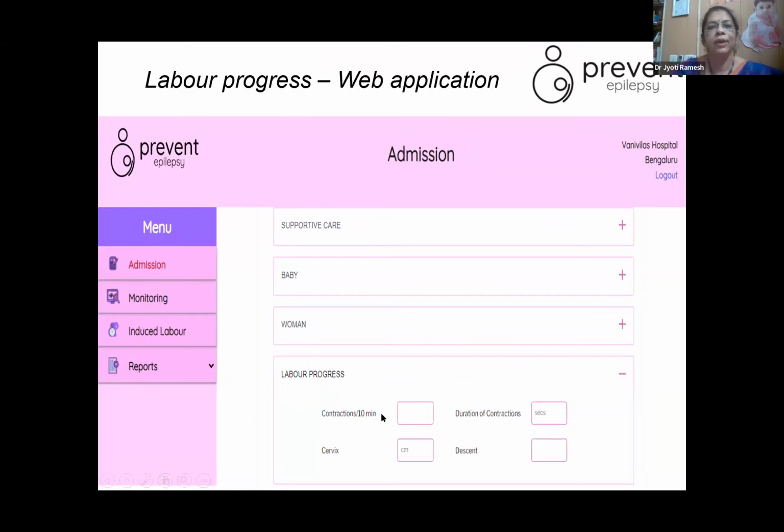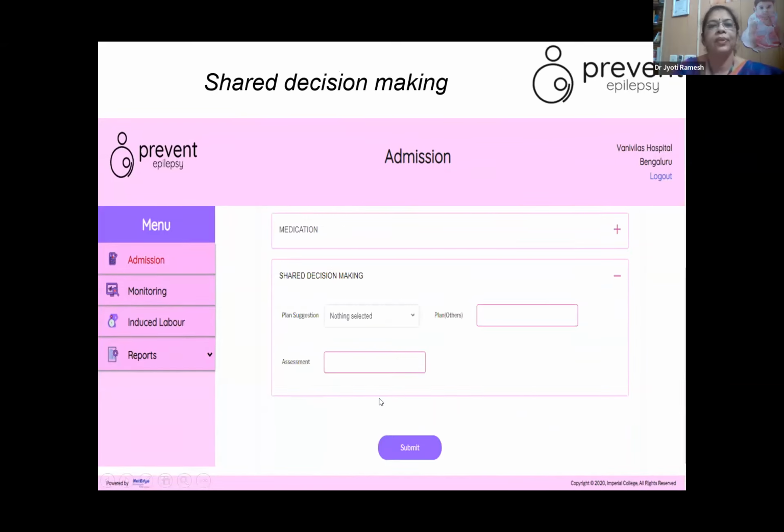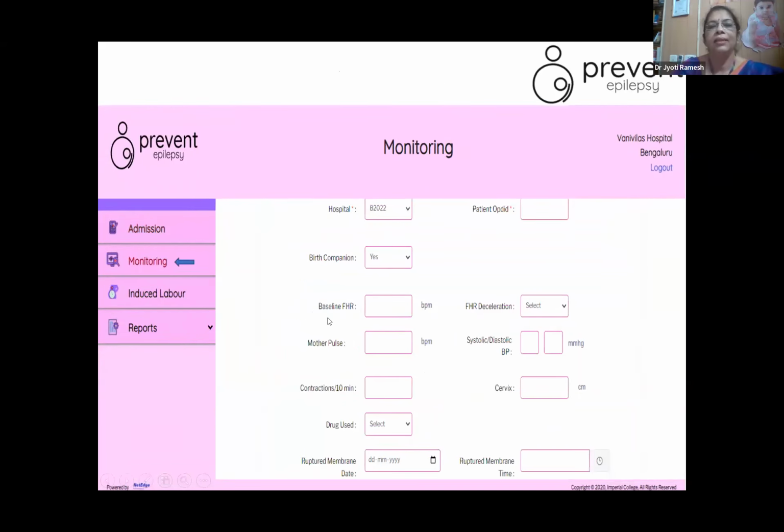Then the labor progress, about the contractions, the duration of contraction, the dilatation and descent. Then the medications which we offer to the patient, like oxytocin, other medications, and the IV fluids. And then there's a column for a planned suggestion where the suggestions are given. And then we have to monitor these patients